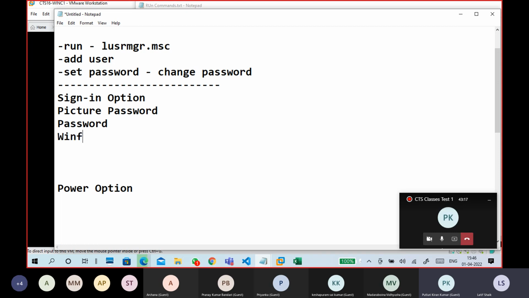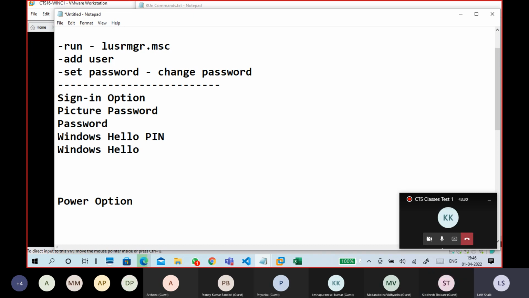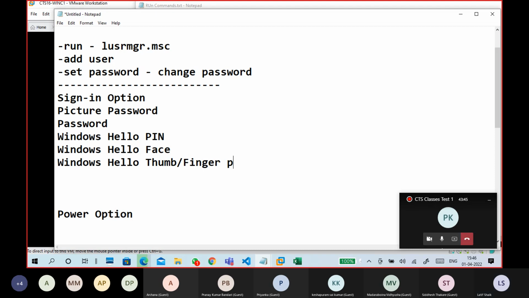Windows Hello pin. That requires a Microsoft account. Microsoft login is required for pin. Maybe now it is developed and we don't know. So face recognition, passwords, and Windows Hello thumb or fingerprint.